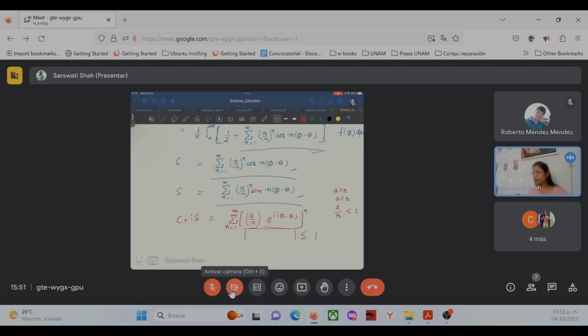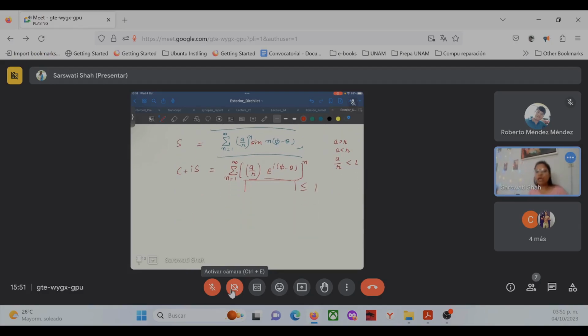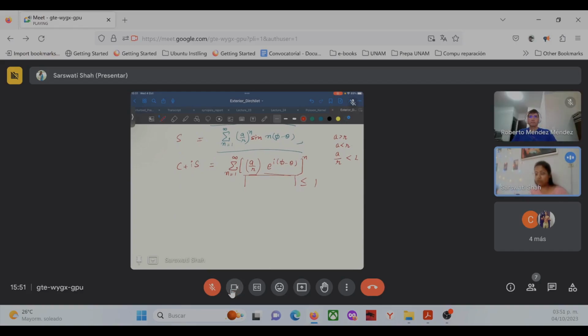Again, the same procedure you will be following, and you can write this is a convergent series. So the summation n from 1 to infinity of this is going to be x upon 1 minus x, and then you will separate the real part and the imaginary part. So the real part is going to give you the c. So c will be